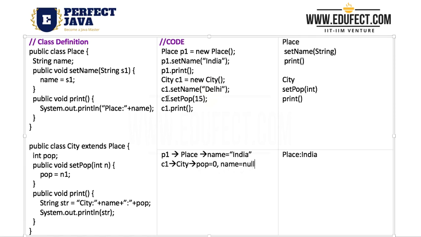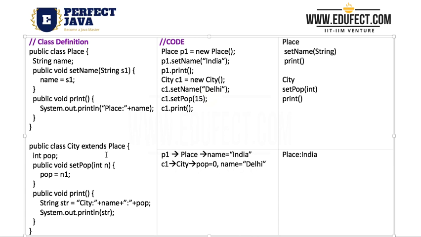Then we are saying c1.setName(Delhi). So we'll start looking here. Is there a method called setName in city? No. Then we look in its parent. Is there a method? Yes, we found the method here. And it says name is equal to s1. So name gets the value Delhi. Then we are saying